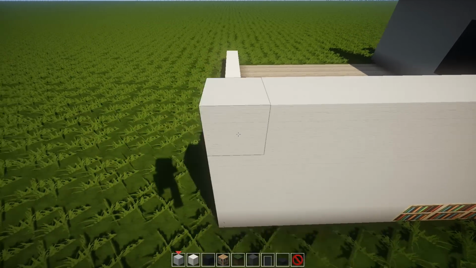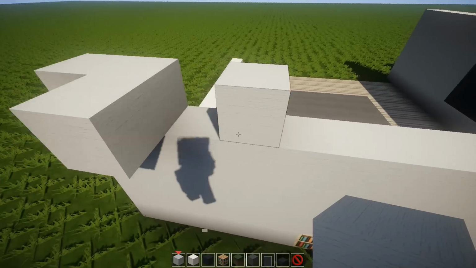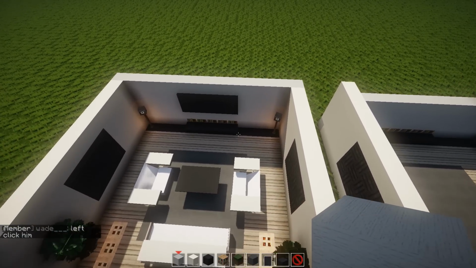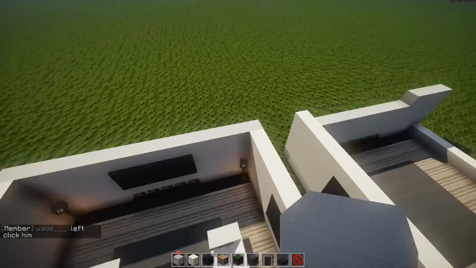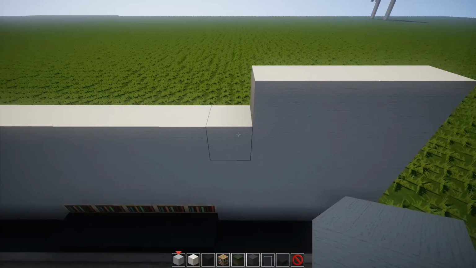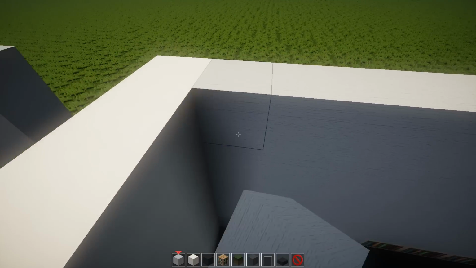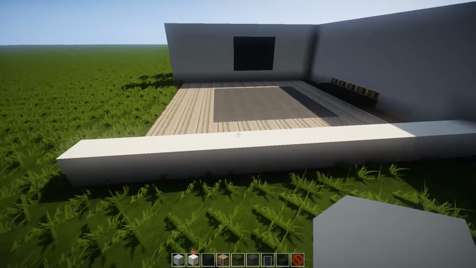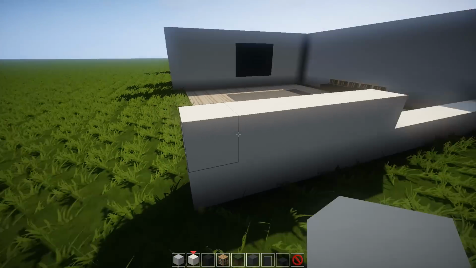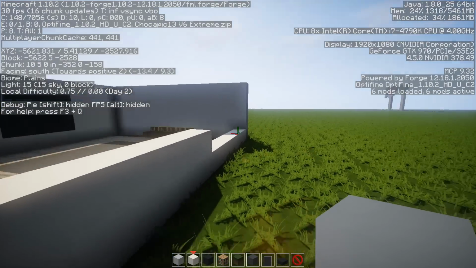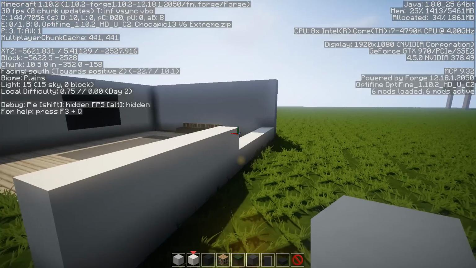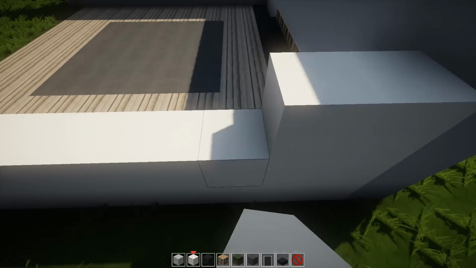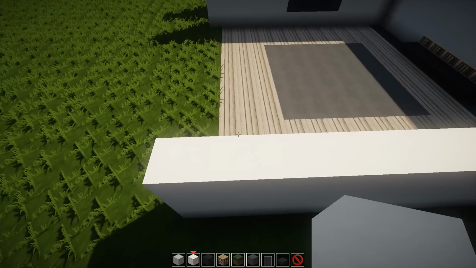Now it's very important to note as well, guys, that this project can only work in this direction. So say if you had this entire lounge design and you flipped it sideways, it wouldn't work unless you had World Edit. That's because rails, which we've used within this project, can only be moved into certain directions by using World Edit. So this build can only work in this direction, or in this direction. I think it can only work in north or south facing positions. If it's faced sideways, it just will not work.